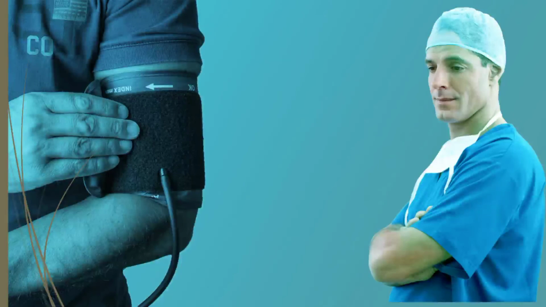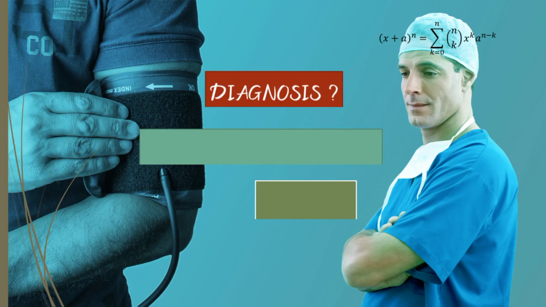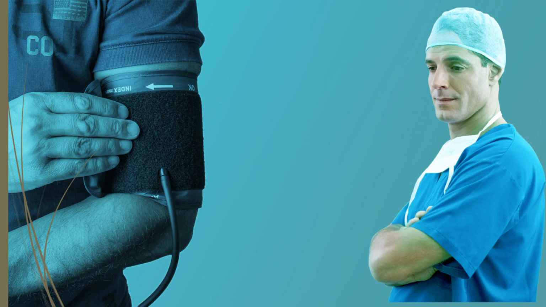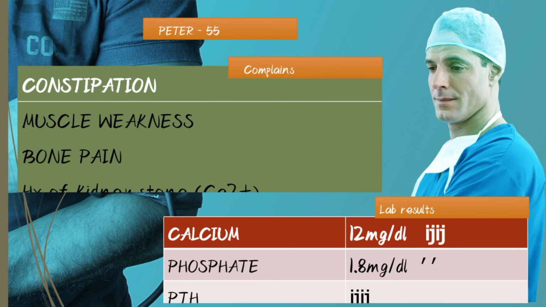For now, the diagnosis of this gland: because the parathyroid hormone is increased and we are having more calcium and less phosphate, we are certain to say that the patient has hyperparathyroidism. So the next step, we need to know if it's primary, secondary, or tertiary. Because the patient has a history of kidney stones, I think this can be a clue, and it can direct us to the specific type of